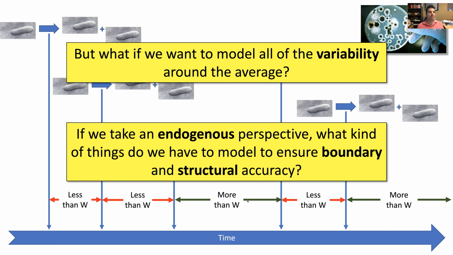In other words, I almost have to build a synthetic bacterium from scratch in order to get the same variability out. And I might not even know all of the details that go into a single bacterium, so I may not be able to do that. And even if I could model that, it's going to be a very, very complicated model with a lot more there. And it doesn't seem like it would be worth it just to get a realistic prediction here, because I'm probably going to be way off when I start making these assumptions about how these synthetic bacteria work. So it's very costly to try to make a deterministic model that has this sort of variability.